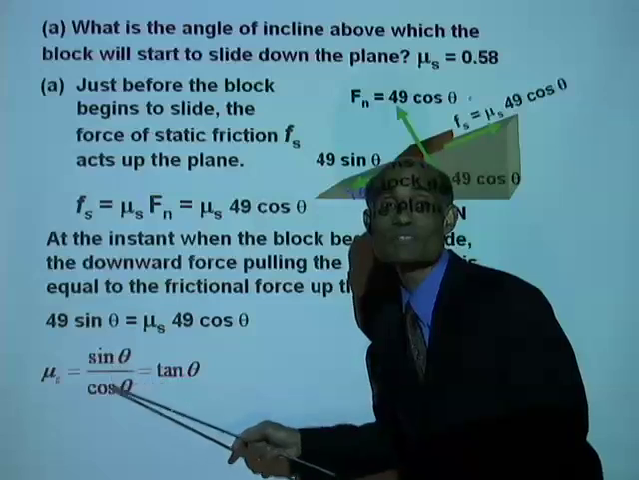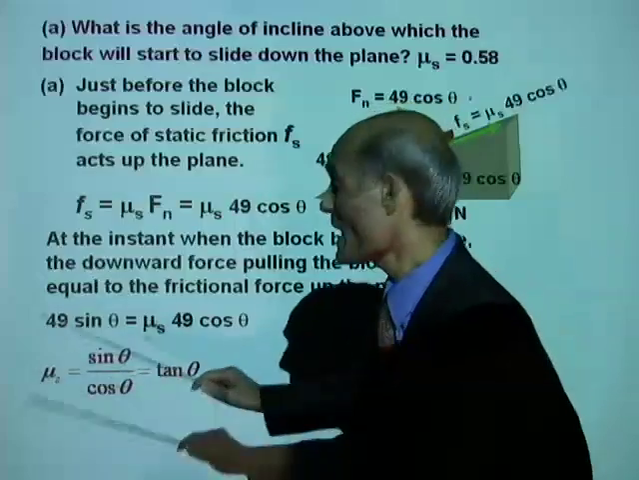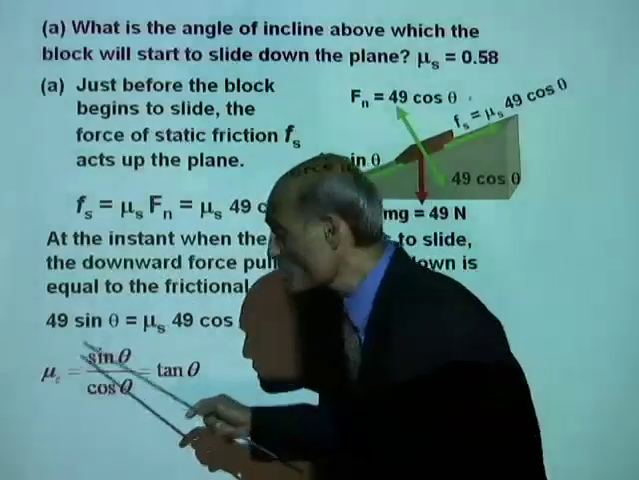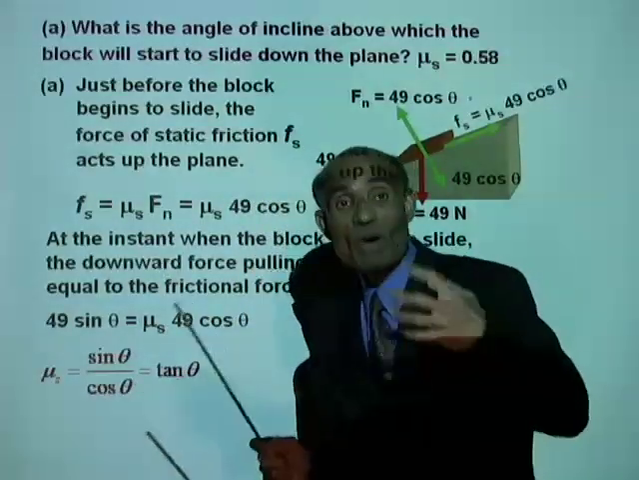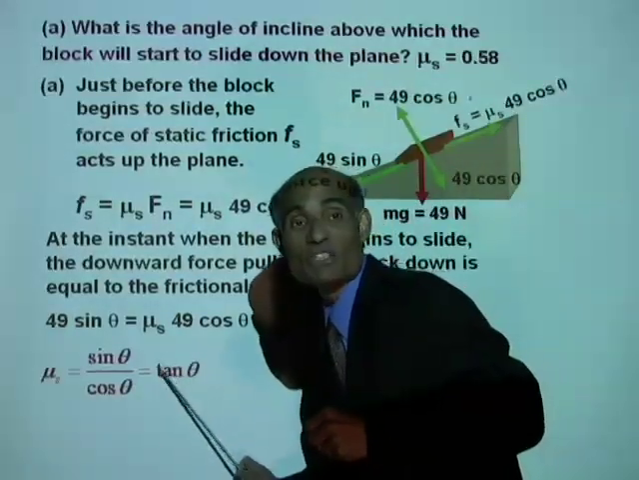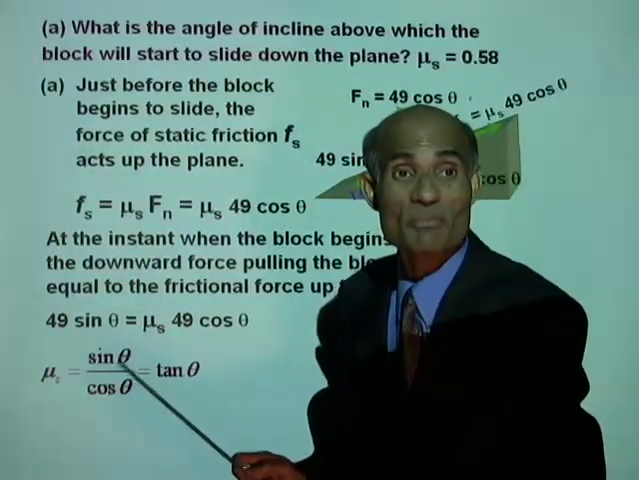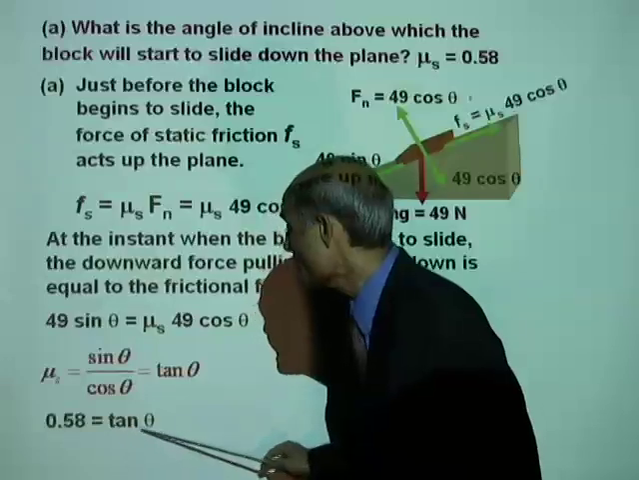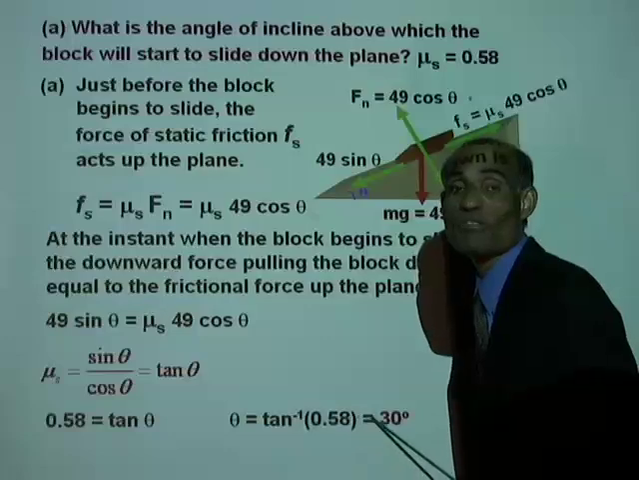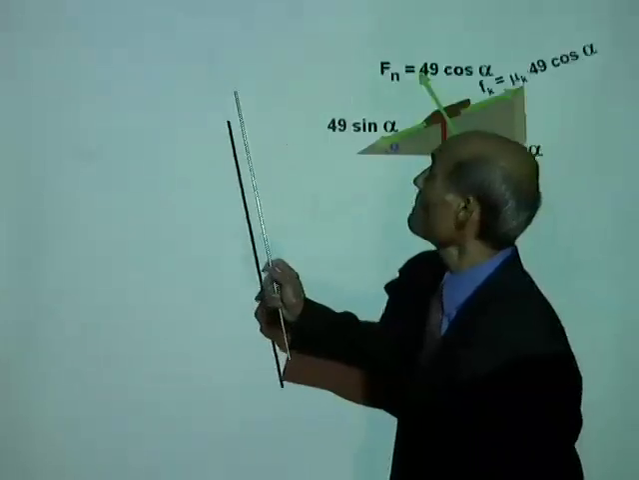Therefore, mu s equal to sine theta divided by cos theta equal to tan theta. In fact, I actually repeated that whole process for you to solve this problem. You can start here and say, when the block begins to slide down, the angle theta is such that tan theta equals the coefficient of static friction. That would be enough. And therefore, 0.58 equals tan theta, or theta equals tan inverse of 0.58, that will be 30 degrees. And now, the B part,